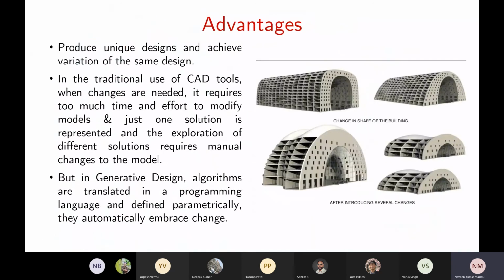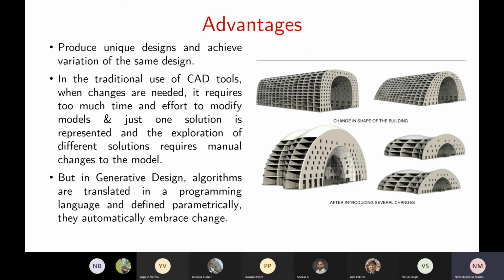So what are the advantages? Obviously, you can have unique designs which even humans haven't thought of. It's not only just one solution that you're trying to optimize. You have a number of options available. In that, you can pick some group of objects, and then you combine them, and again you explore some other solution out of all these generated models.